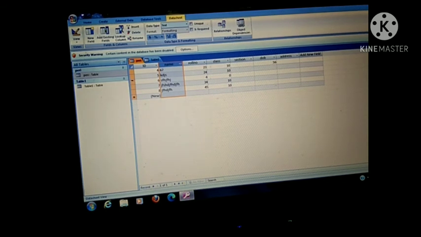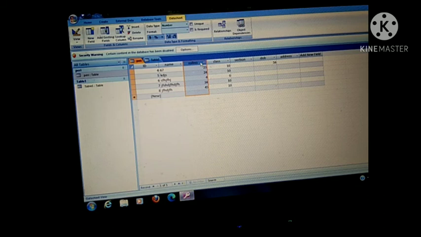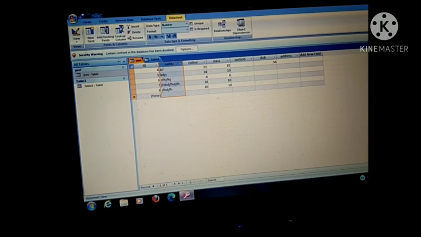But here, you will check your record. A record holds different values of the same person. Okay, all of these are things of one person. So your record holds different values of the same person, while your field holds the same value of different persons. It holds roll number only, it holds name only.